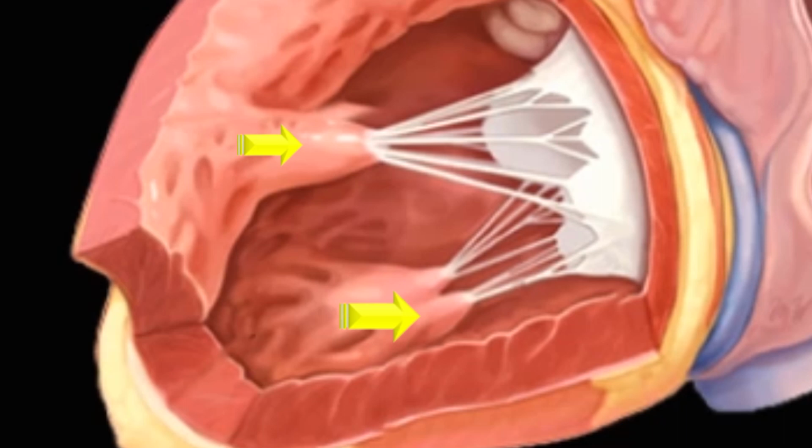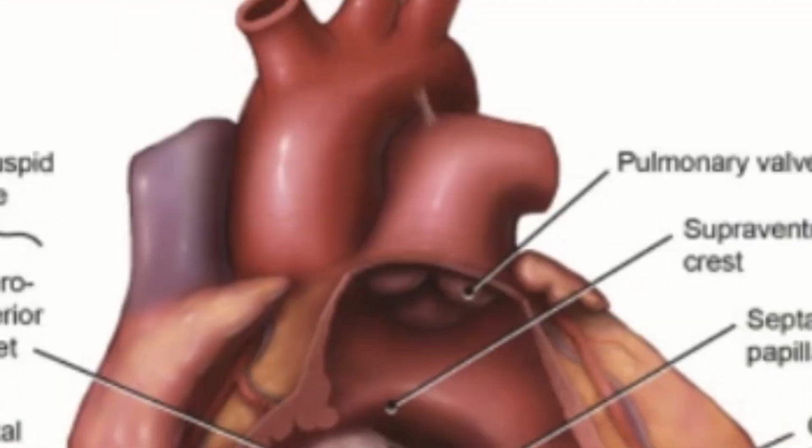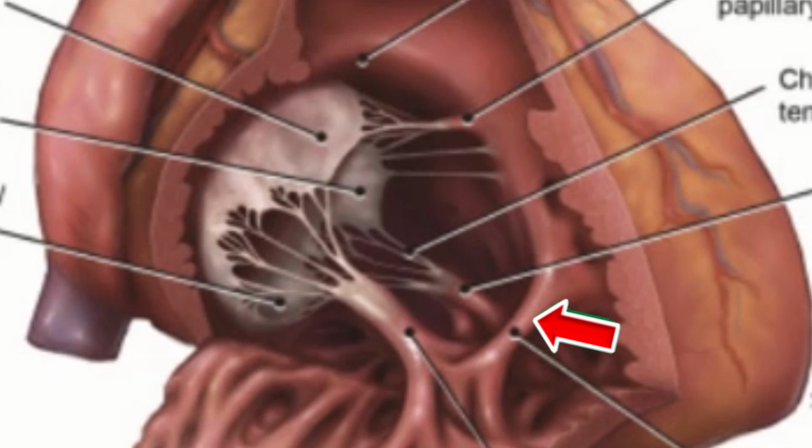These are the papillary muscles, and then these are the chordae tendineae, and then these are the leaflets. Now we'll come to the next chamber, which is actually the right ventricle. Here is the septomarginal trabecula, here is the anterior papillary muscle, and here we have the septal and then the